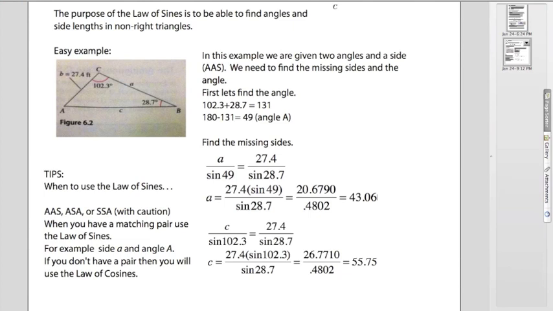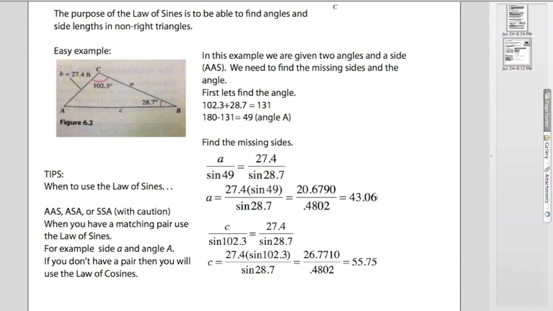One other thing I want to talk about is when do you use the law of sines? We haven't talked about the law of cosines yet, but we are going to have a quiz in a few days, and I'm going to simply give you a problem and say solve the triangle, find the missing pieces. I'm not going to tell you which one to use, and you're going to have to decide on your own. There's a couple of technical ways of describing what you have. For example, AAS or ASA or SSA, that's right, SSA, are the times when we're going to use the law